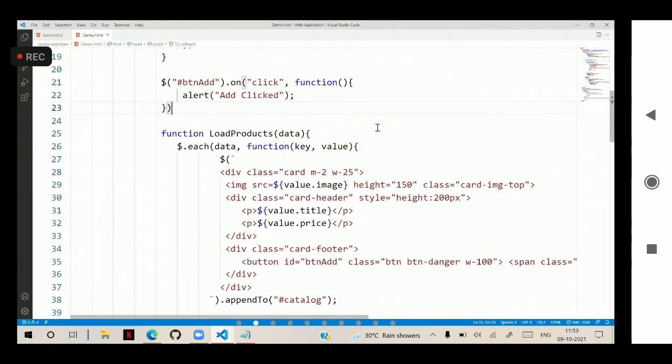But for this btnAdd on click, you have to specify the element name also, where to configure. There are 2 points. You write this directly on that particular ID reference, or you have to use the event arguments also.